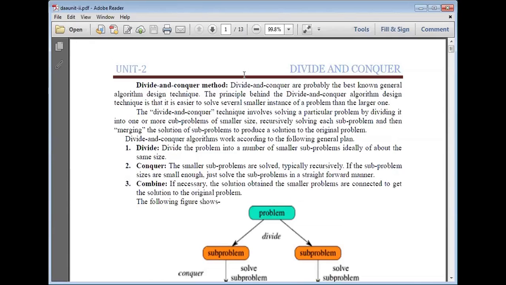In divide and conquer method, divide and conquer are probably the best known general algorithm design technique.